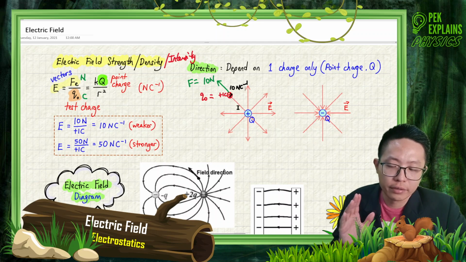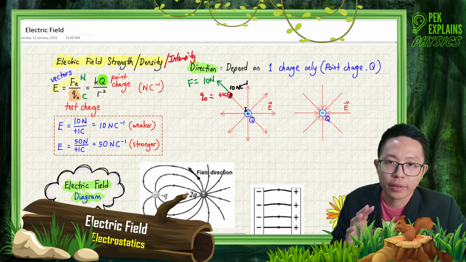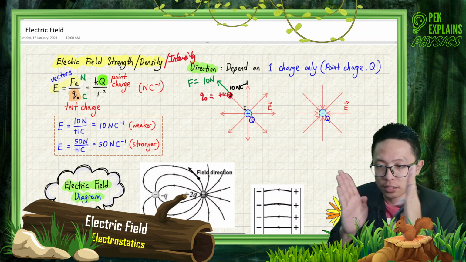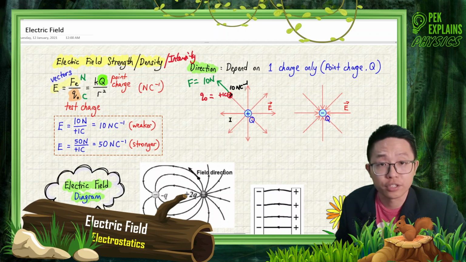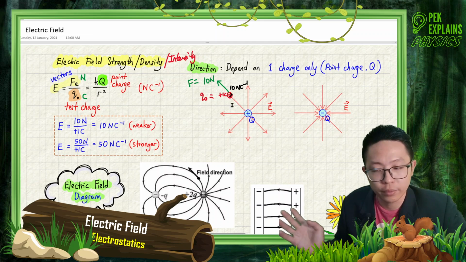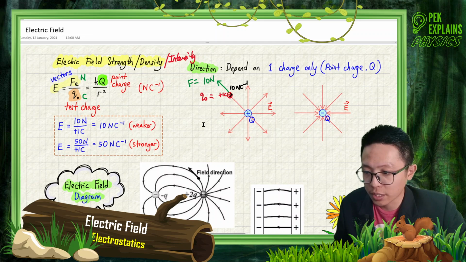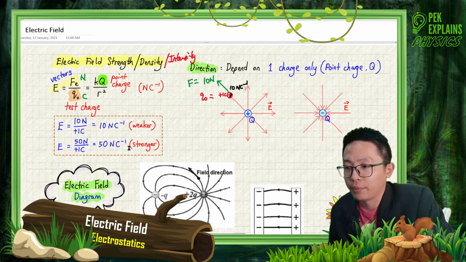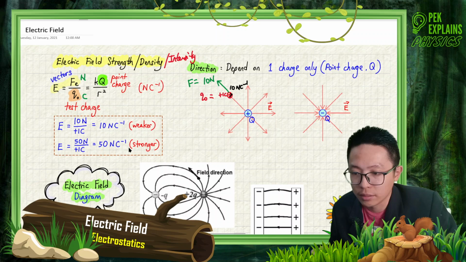Now, we know that going nearer to the charge, the field strength will become higher, become stronger field, because if you see the line, the closer the line to each other, the higher the strength. For example, over here, nearer the charge, the lines are closer to each other. That means the field strength over here is higher compared to further away. So I can say maybe nearer to the charge, it has stronger electric field like 50 Newton per coulomb. Maybe I put another test charge, maybe over here,